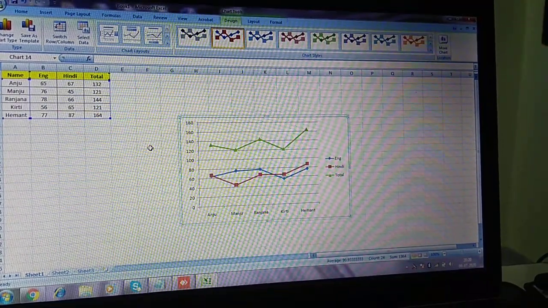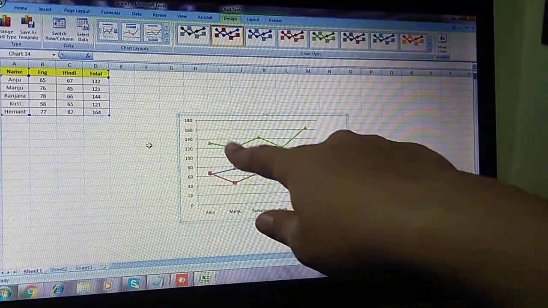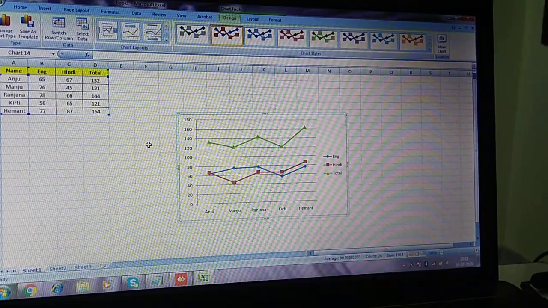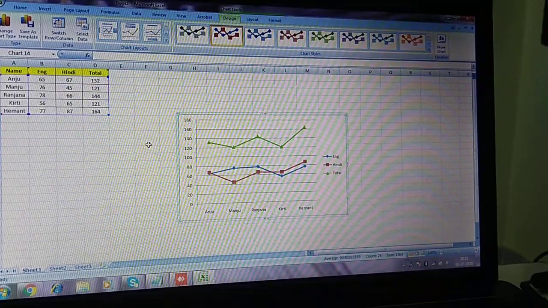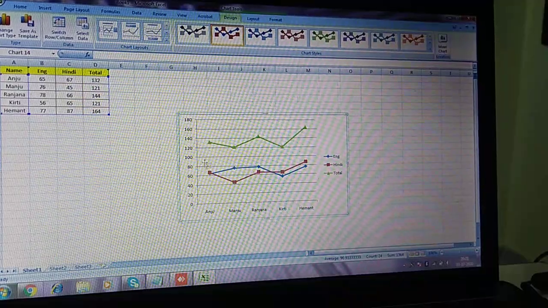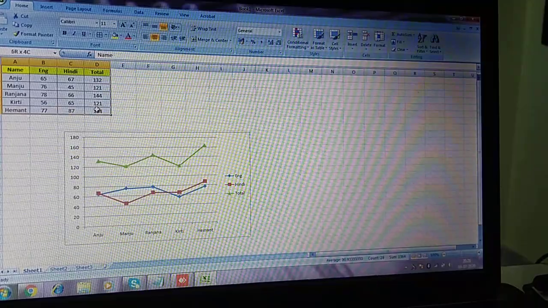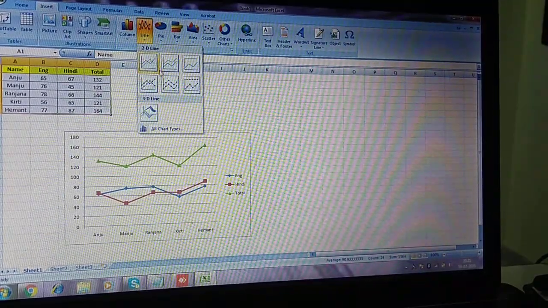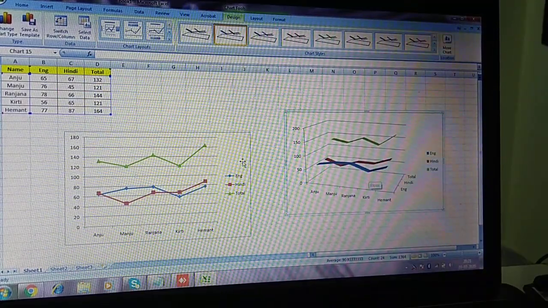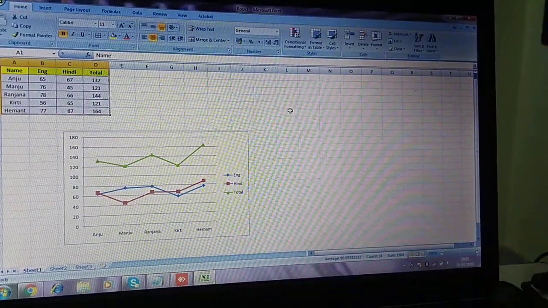Earlier in the bar and column chart the bars are there for representing your data. Now your data is represented by lines. So what I am saying is that every chart represents your data similarly, but in different forms. They have different perspectives to represent the data. Okay, fine. Now we can again see the 3D also for the line. Select it, insert tab, line, then 3D. Can you see the 3D lines here? Can you see the difference between 2D lines and 3D lines? Fine. So this is your line chart, 2D and 3D.